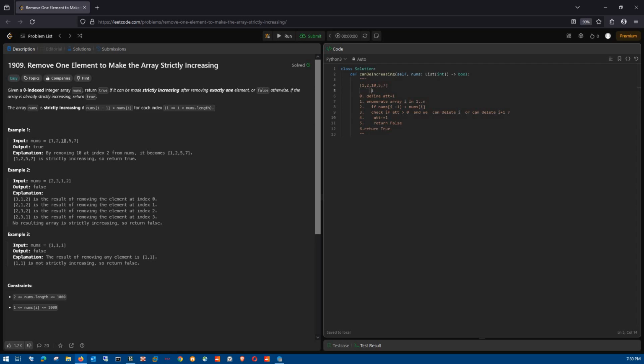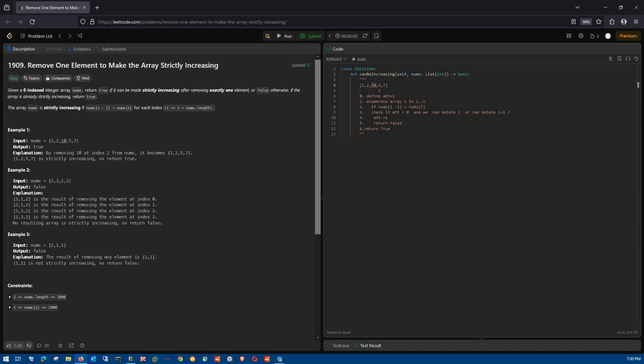We check if 2 is more than 10. No. And here we are checking if I minus 1, which is 10, is more than I, which is 5. This is true. Now, if we can delete I,